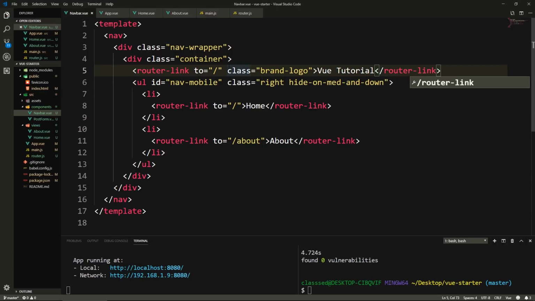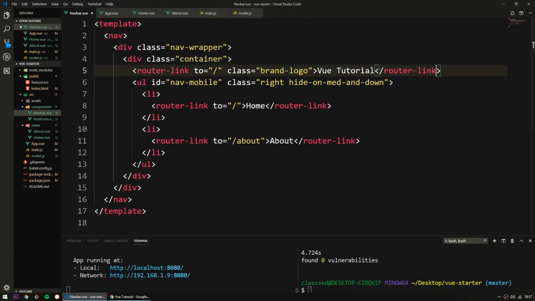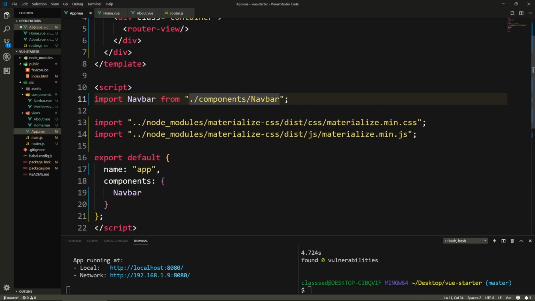All right, let's save. Let's go to our app, and now it will work. So if I go to about, it goes to slash about, and we see the about page and the home as well. And this as well is the home page. All right, cool. Now we're done with the navbar, so we can close this. And we're actually not gonna do anything in the main and the router, so we can close